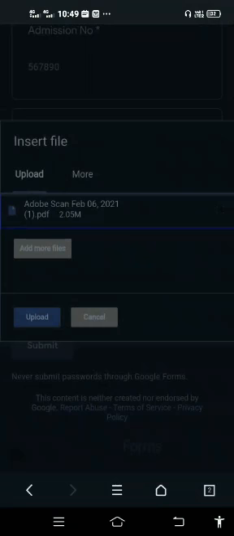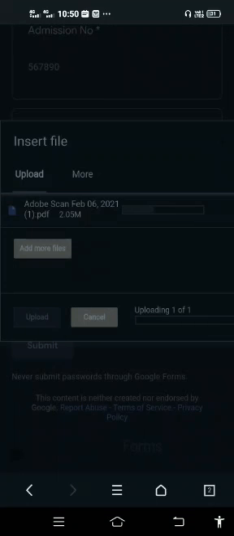See, it has taken, but you need to click on upload. You will upload also. You have just selected your PDF. Now you have to upload it.